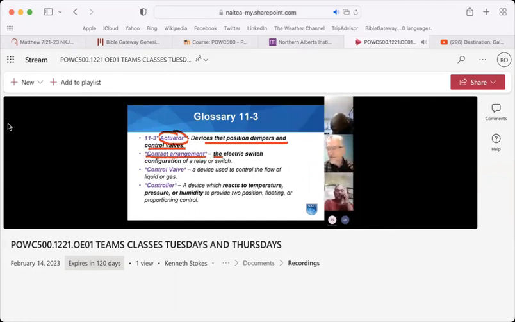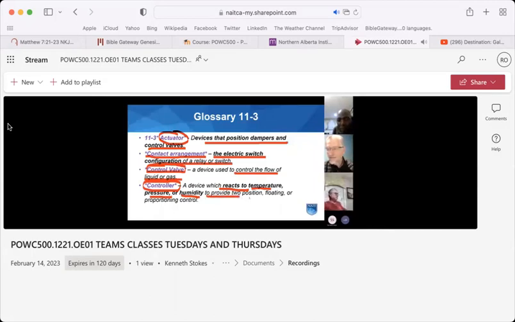Contact arrangement is talking about electric switch configurations such as relays or switches. Control valves are used to control the flow of liquid or gas, and control valves are used a lot. Controllers, this is a device that will react to different things, for example, temperatures, pressures, humidity, flow,